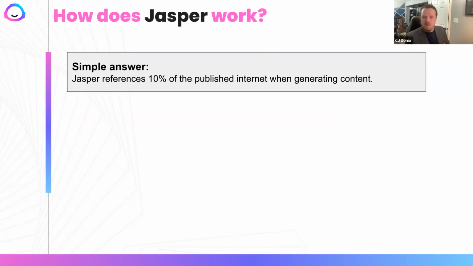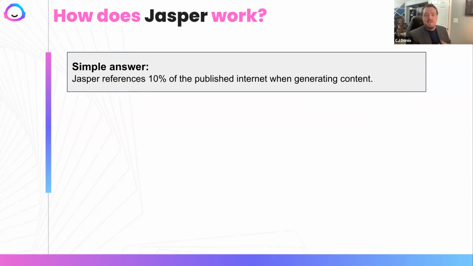Now, I'm going to give you the more complex answer here, but first I want to start with a metaphor. Think of Jasper as a librarian in a really big library. Let's pretend you're at a library in Dublin, just wall-to-wall books, stories high. You walk up to Jasper and you say, okay, I really need to write this article on hot rods. I don't know anything about cars. Jasper goes, ooh, I know exactly where that book is that you need. Let me go grab that for you and I'll hand it over.